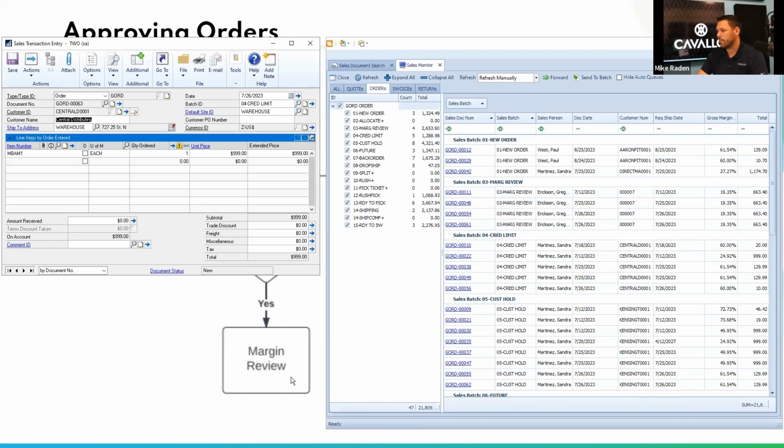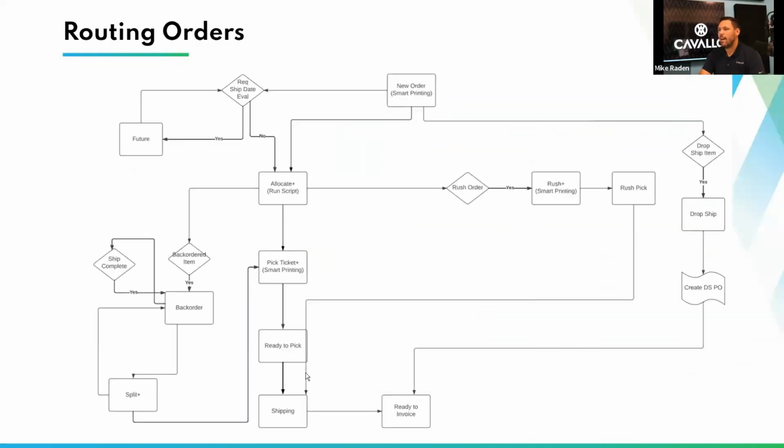So the next examples I wanted to talk about have a little more to do with routing orders than necessarily executing a rule based on the customer or sales document themselves. So this view is still a lot going on in it, but it's a little more clean than the overall view. There's a couple different scenarios I want to show, and I'm just going to go along them here